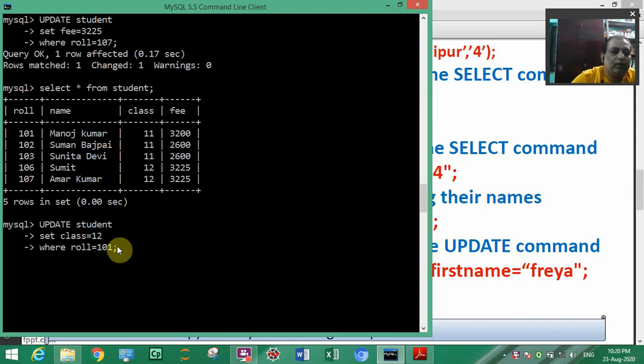Now it is clear. Update student, set class equal to 12 where roll is equal to 101.